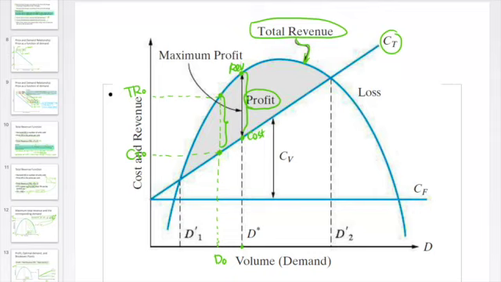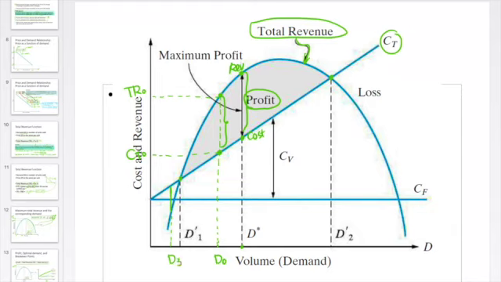Cool. So the gray area, you see the interesting thing? The gray area from this to this point are where you have profit bigger than 0, because the total revenue line is above your cost line. Okay, which means revenue is higher than the cost. But out of this gray area, like here,